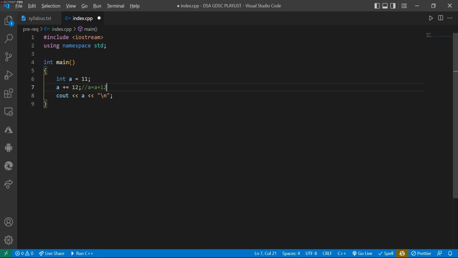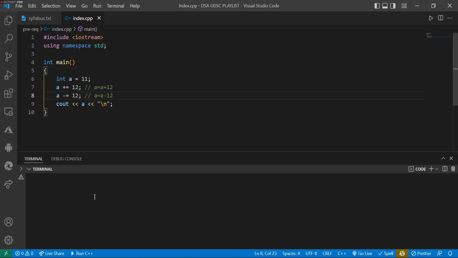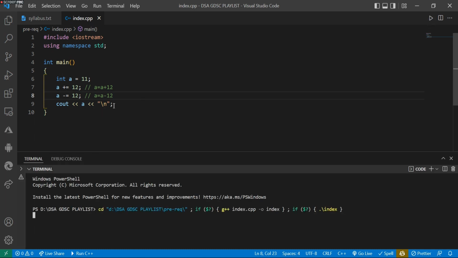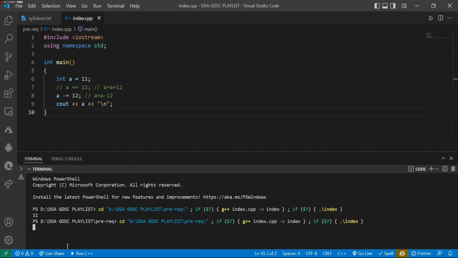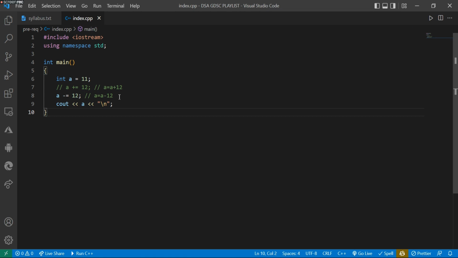In the same way, we have this kind of assignment operator. It simply means whatever value currently a is having, subtract the right hand side value from it and store it back to a. So it will be having minus 1, since 11 minus 12 will be minus 1, and that minus 1 will be stored in a. You can see that still 11 is getting printed because a was having 23. So I need to comment this statement and then run it. If I run it, it should have the minus 1. So you can see that minus 1 has been printed on the screen. So let's comment this statement